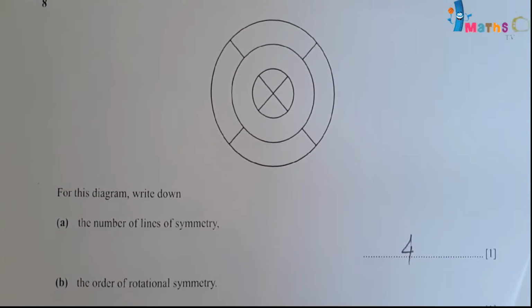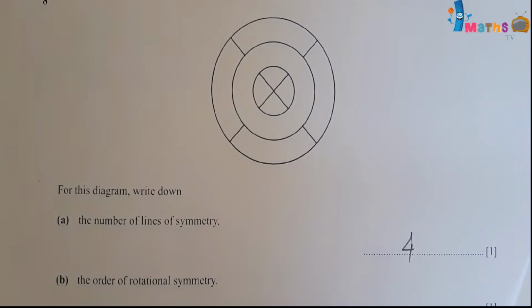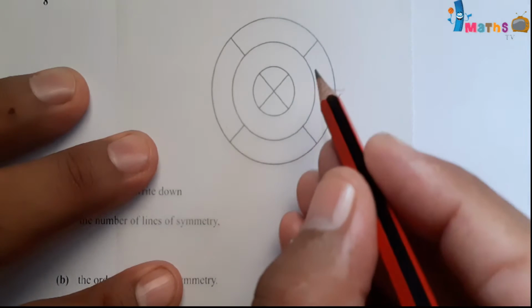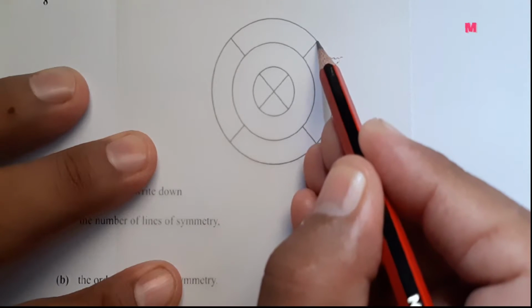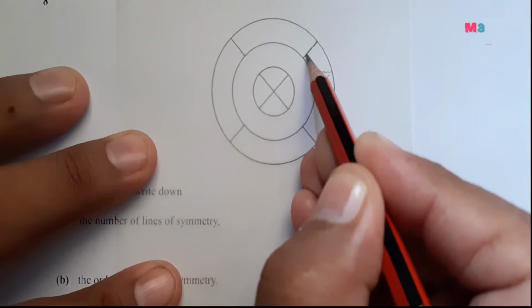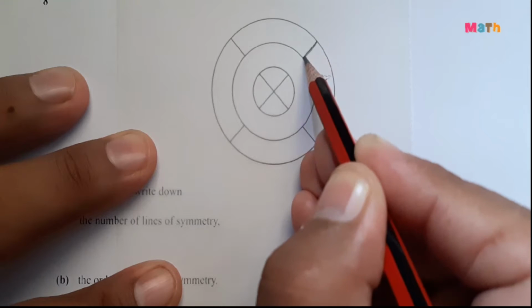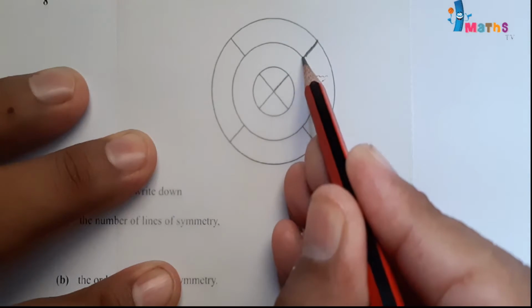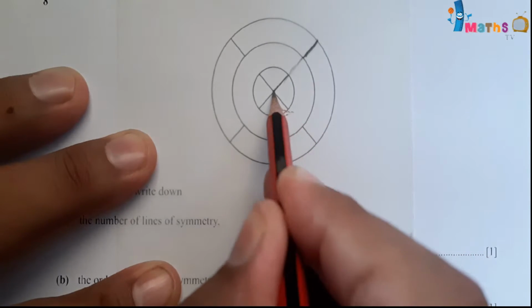Next part, B part, is write down the order of rotational symmetry. We have to find the order of rotational symmetry. So we'll use tracing paper for this, and we can show this one as starting point, and the rotational symmetry, if we check,